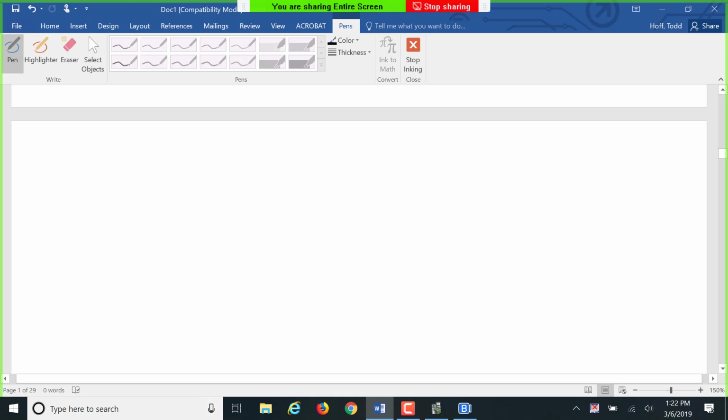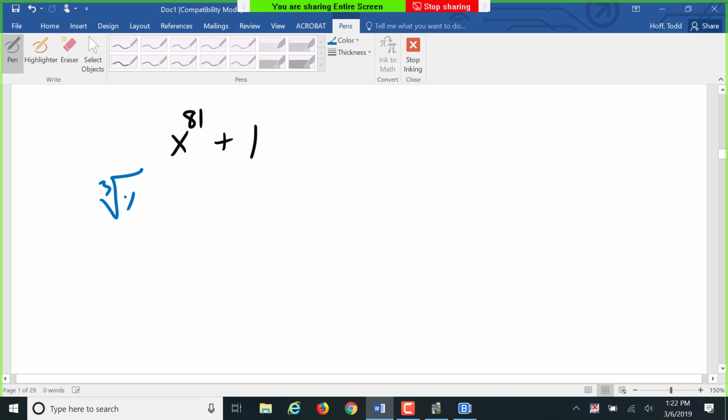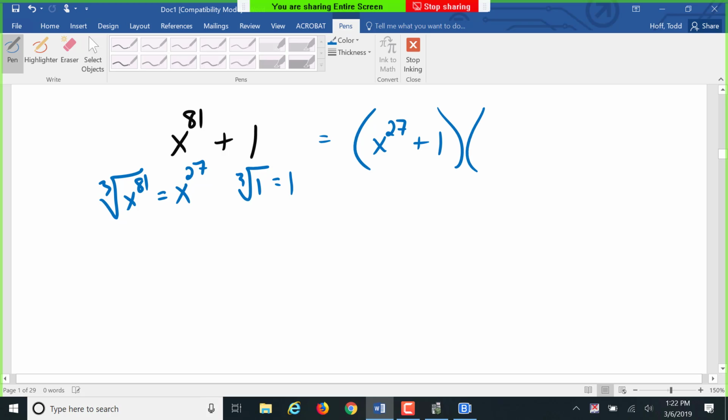You can really get down a rabbit hole if you have something like x to the 81 plus 1. X to the 81, that is a perfect cube. What is the cubed root of x to the 81? 27. X to the 27, good. What's the cubed root of 1? 1. So that's going to give us x to the 27th plus 1. What goes in here? X to the